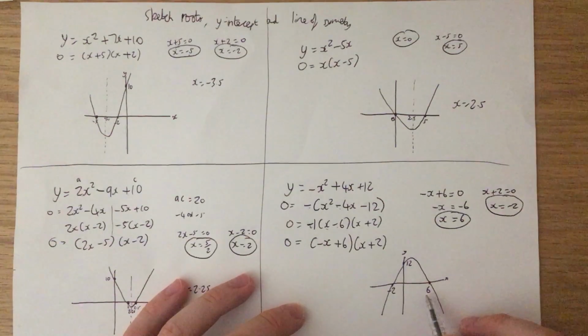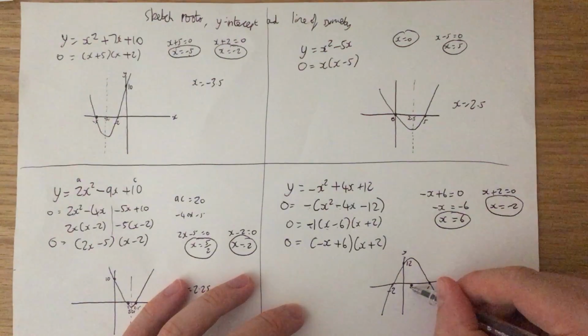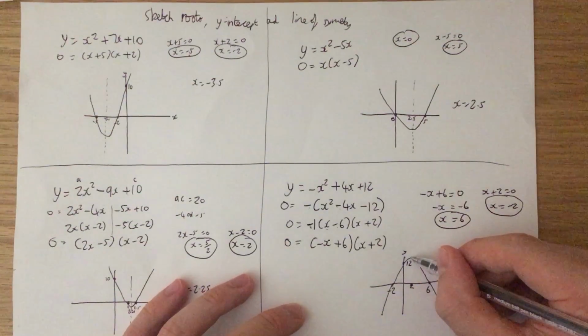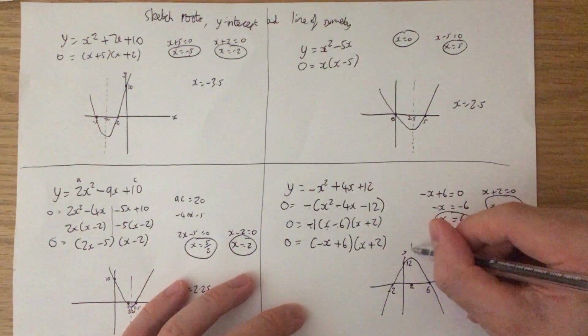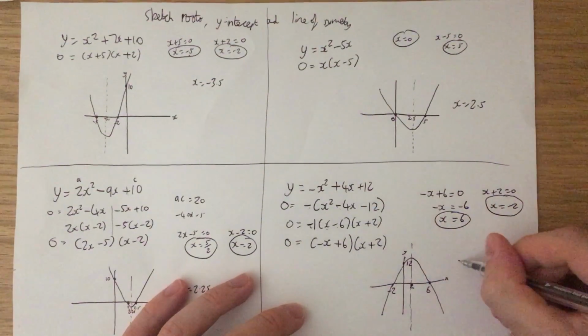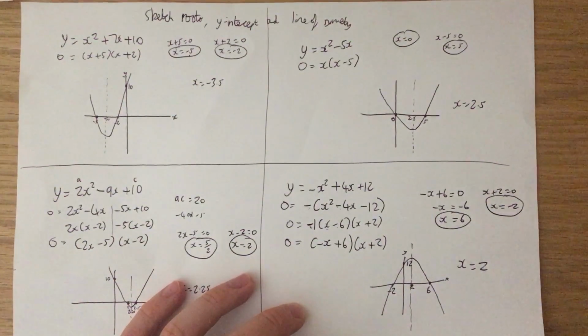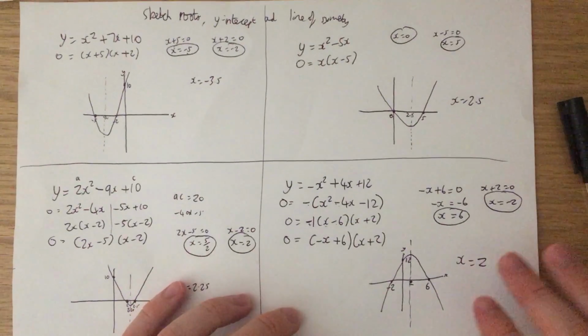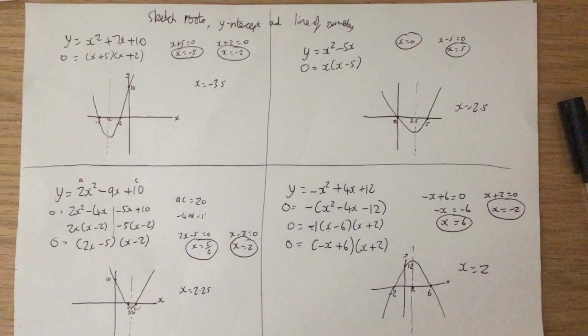Last thing we need to do is simply get the line of symmetry. Negative 2 and 6: the middle point of that is going to be 2. So the x value is 2 for the turning point. Therefore, the line of symmetry would be x equals 2. Okay, I've rushed that example because my video is about to stop, but hopefully by looking at all 4 of these, you can establish what I've done in order to find the roots, the y-intercept,